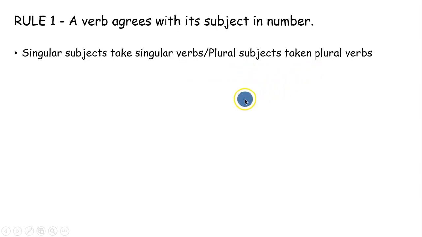Now let us understand this with the help of a sentence. The car stays in the garage. Now car is the subject out here which is singular and stays is the verb out here which is also singular. So the car, singular subject, has taken the singular verb. Now immediately you might ask the question that stays जो है वो singular verb कैसे हो गया, इसमें तो s लगा हुआ है. And that is what I'm going to cover in the video going ahead,